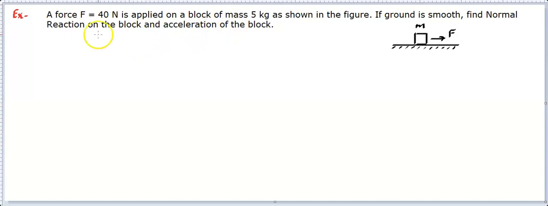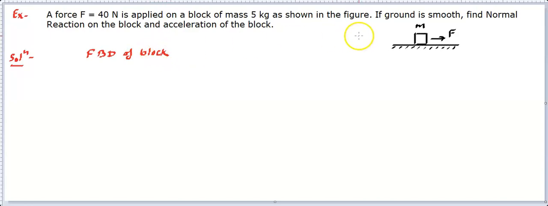So what we do basically, we consider our system carefully and depending upon our need. Since our need is to know the information about the block, we will be drawing the free body diagram. So the first step will be to identify which is going to be our system. And here it is the block. So the next step is going to be to draw the free body diagram of this block.